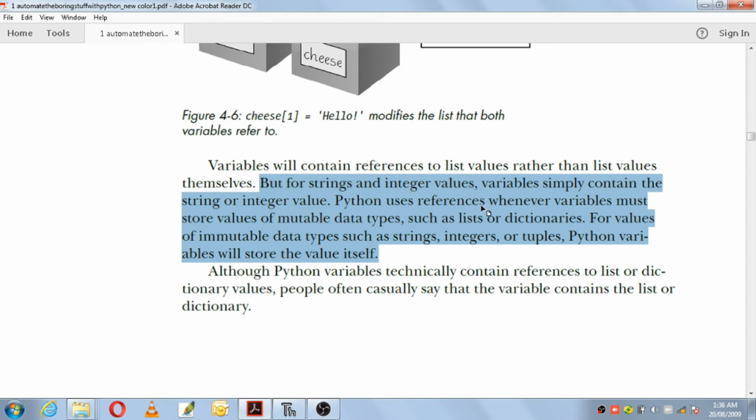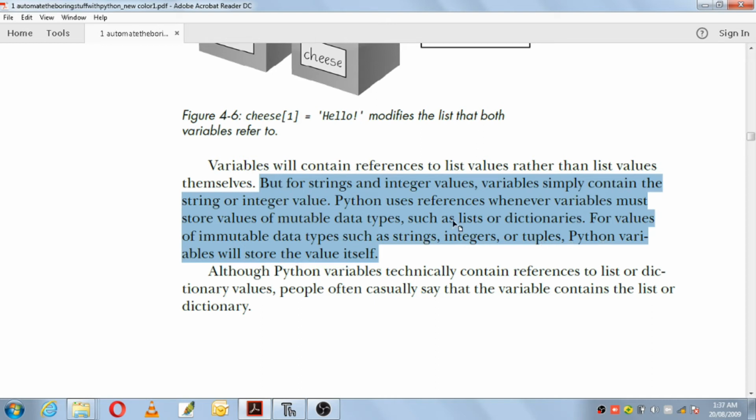Python uses references whenever variables must store values of mutable data types such as lists or dictionaries. For values of immutable data types such as strings, integers or tuples, Python variables will store the value itself.